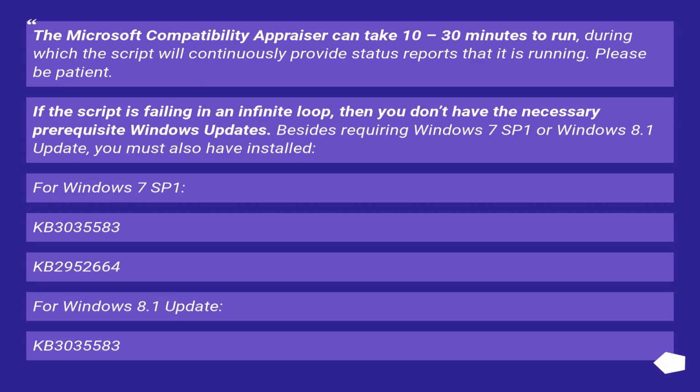The Microsoft Compatibility Appraiser can take 10 to 30 minutes to run, during which the script will continuously provide status reports that it is running. Please be patient. If the script is failing in an infinite loop, then you don't have the necessary prerequisite Windows updates. Besides requiring Windows 7 SP1 or Windows 8.1 update, you must also have installed for Windows 7 SP1